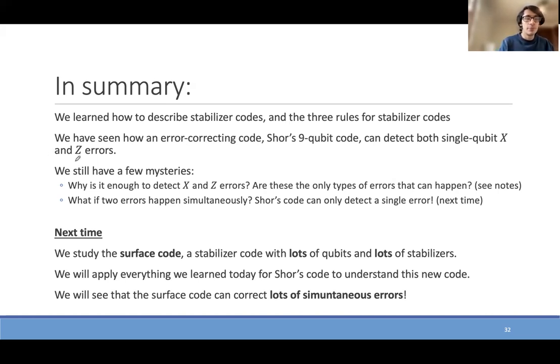Okay, so this is an interesting question. How can we differentiate an X error from an intentional X gate? This is a very good question. Let's say we're in the 3-qubit repetition code. So the stabilizers are Z1 Z2 and Z2 Z3. And the state I'm in is alpha times 0, 0, 0 plus beta times 1, 1, 1. Now, if an accidental X error happens,